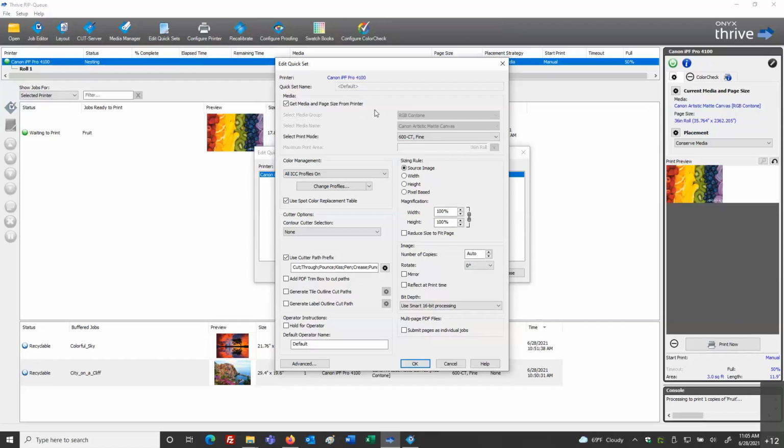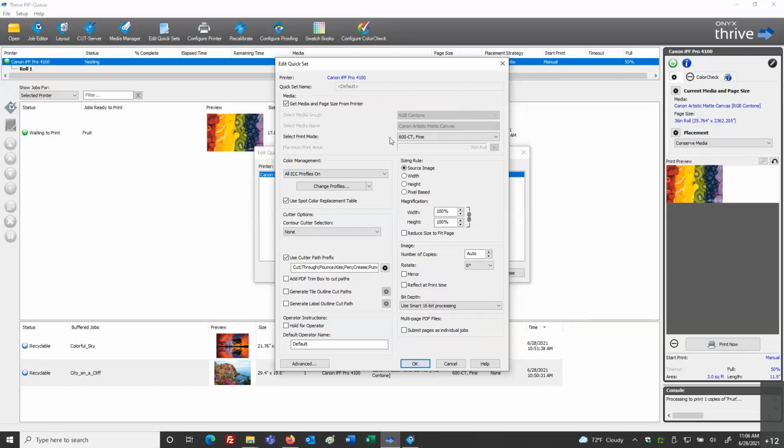So a typical workflow could be as you go through and you are setting up the conditions and saying, okay, I want to load this certain material. What you're able to do at this point is load the material and then have the quick set use that material that's loaded.